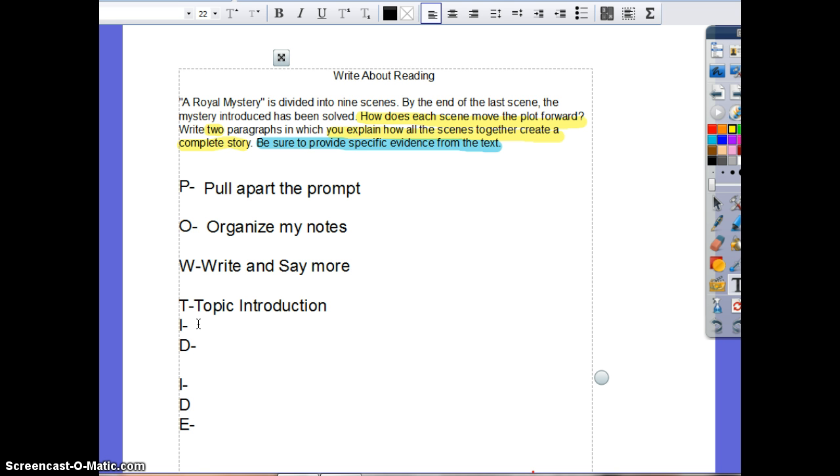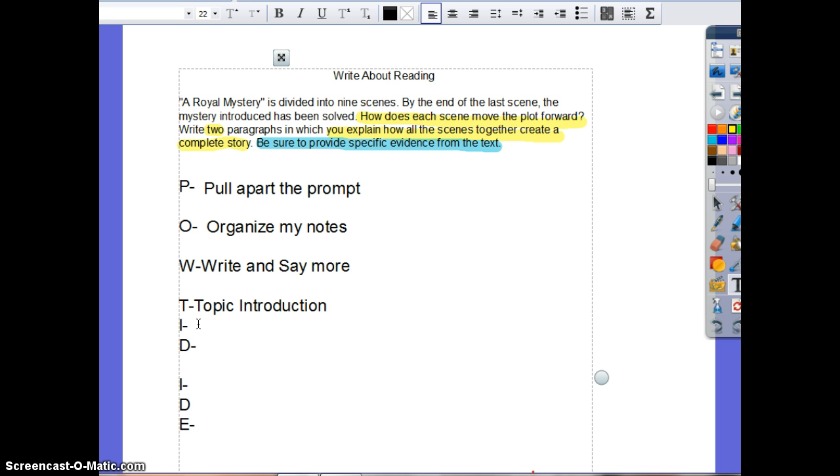I'm often asked this. Many students will ask me, how many sentences are we supposed to write in a paragraph? 3 or 4. Okay, for some reason somebody has taught you guys, and I always kind of laugh at this, someone has taught you guys that 5 is the magic number for a paragraph. Paragraphs are not always 5 sentences. I've read paragraphs that are pages. Okay? But that's kind of a good rule of thumb for you when you're trying to figure out, have I